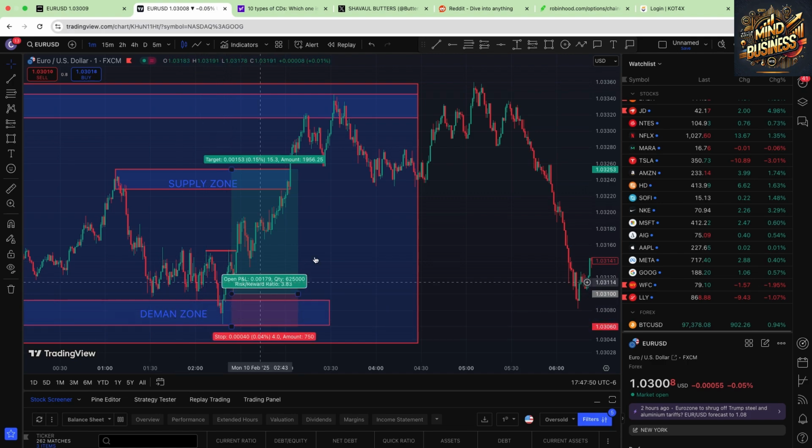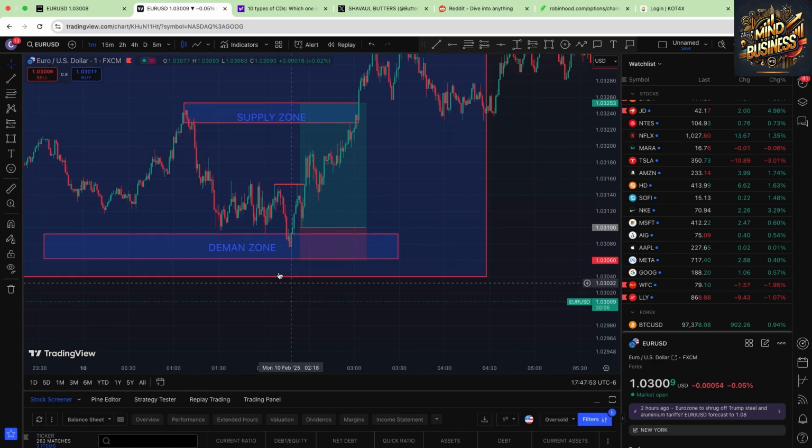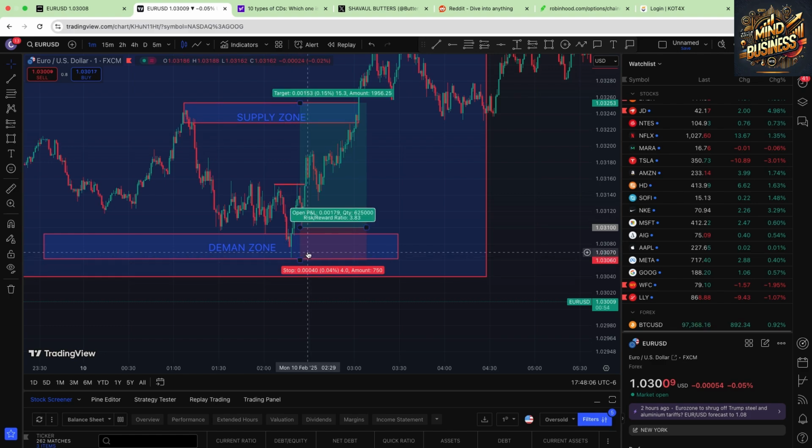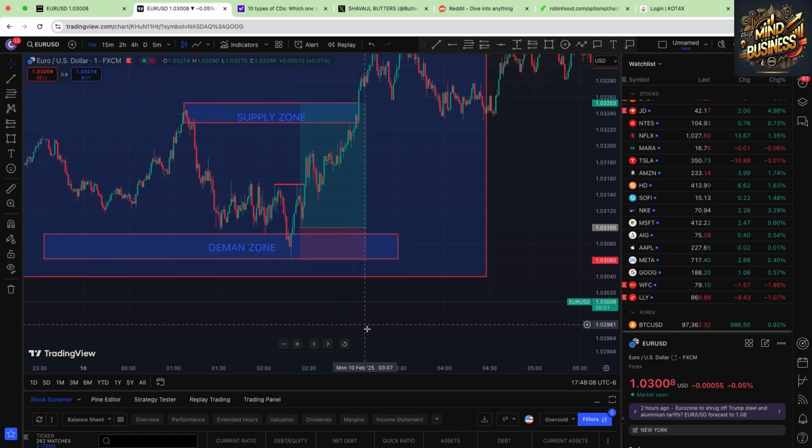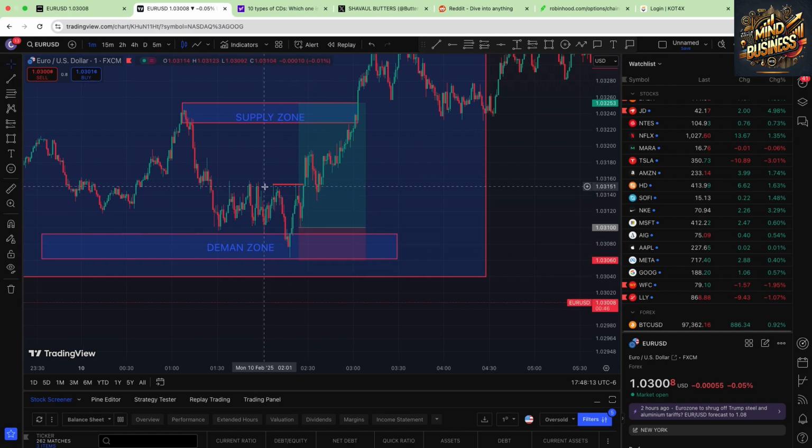If this demand zone was not supposed to do its job, this wick right here would have been a full body green candlestick, and it would have broken past this demand zone and continued forming lower highs, lower lows, and going down. But guess what? Sellers got impatient and dumped, but buyers came back in and bought up all the euros and the USD dollars, right? Buyers came back in the market and said, nope, this demand zone is going to hold,